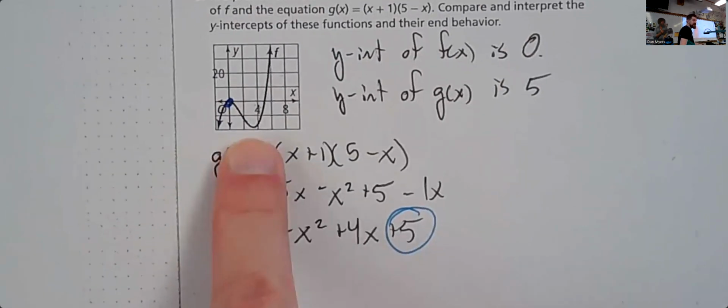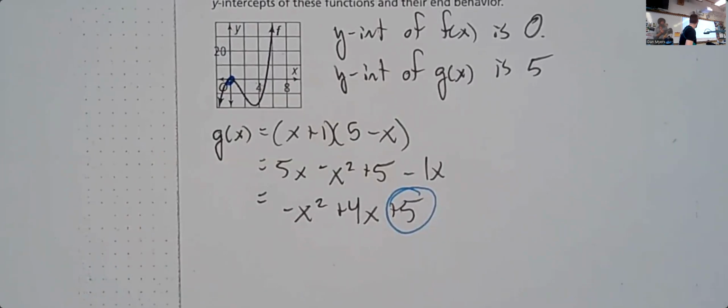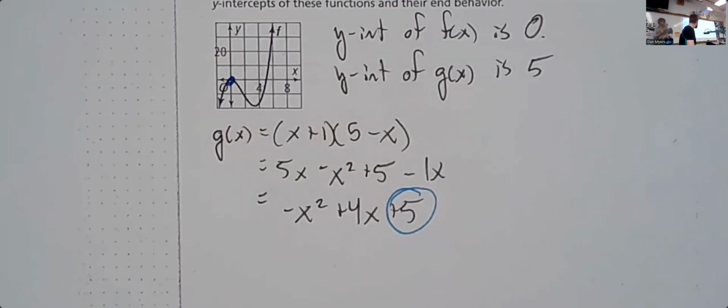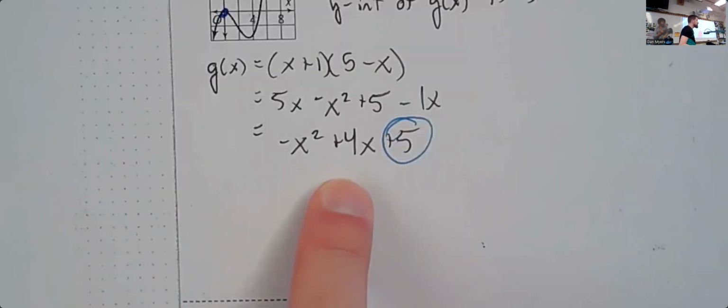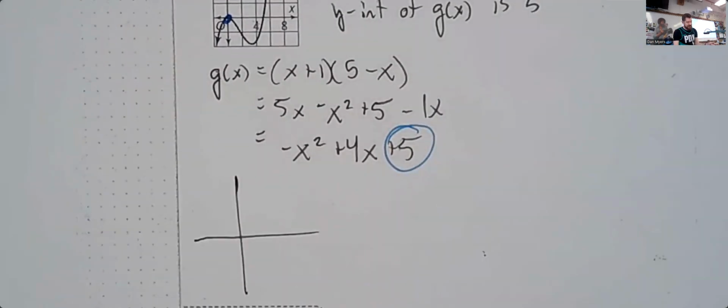And the end behavior here suggests a degree of what? Odd or even? Would this one be an odd degree or an even degree? Odd degree, yeah. They're doing opposite things. Would that be a positive or a negative lead coefficient? Yeah, that one's going to be positive. Positive lead coefficient, odd degree for this one. Because it's an odd degree, it comes up and then goes back down, and then it goes back up again. This one here is going to be a quadratic, and that quadratic would look something, it doesn't need to be exact, but it's going to look something like